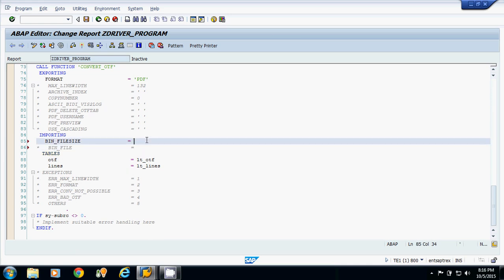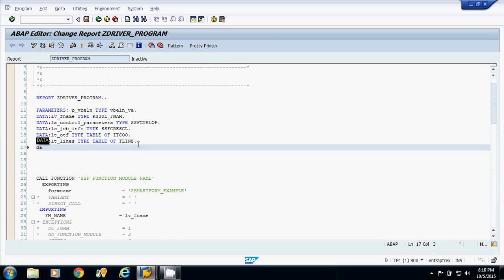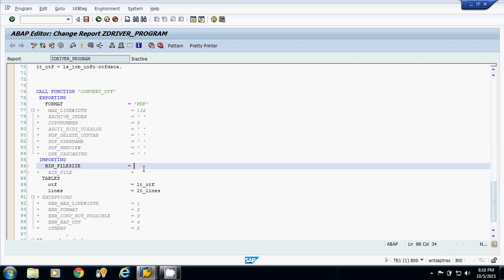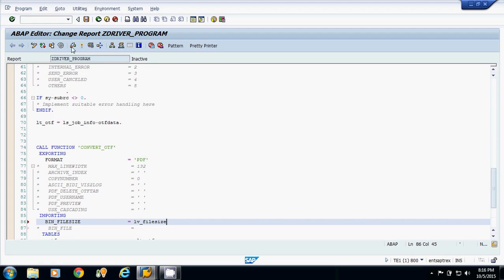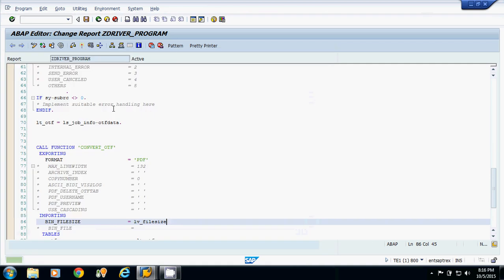I am declaring one local variable, lv_file_size, suppose type integer I. Now I am passing this parameter here. Now I am checking the syntax and activating the program.